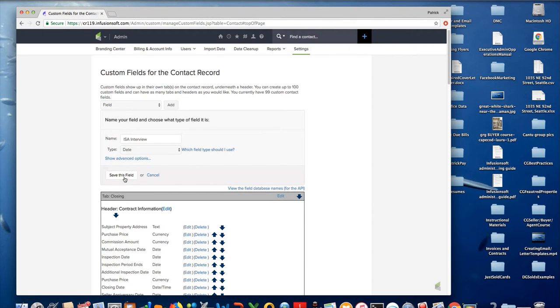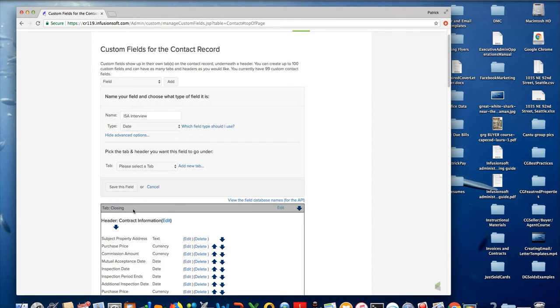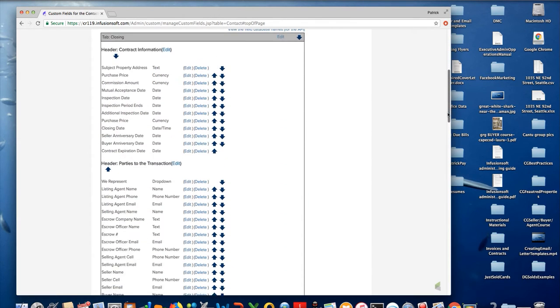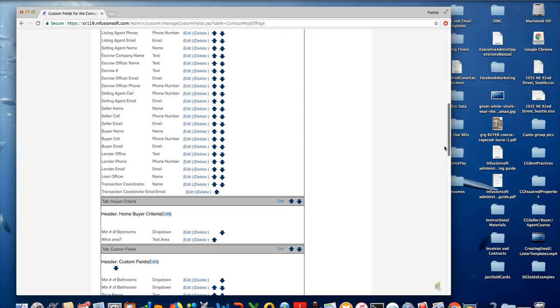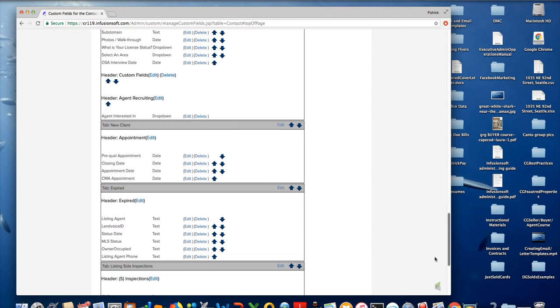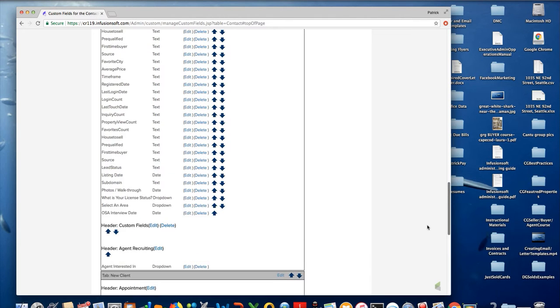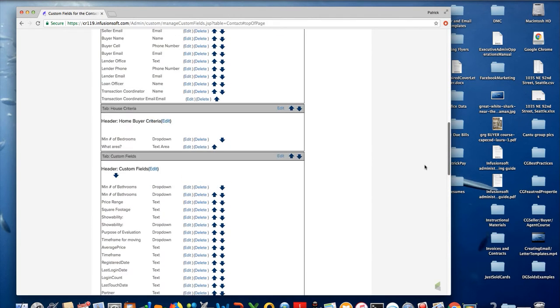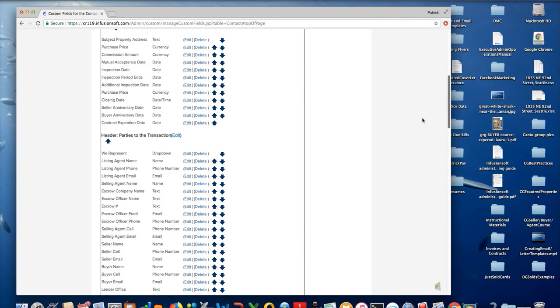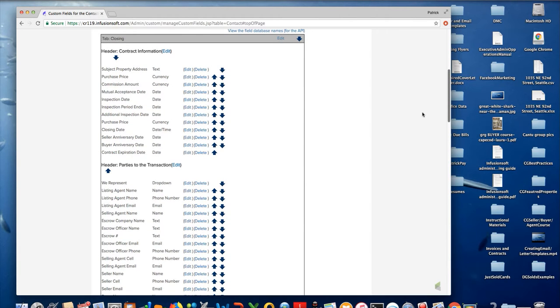Okay, now I'm going to go save this field. Or actually, I'm going to go show advanced options so I can organize this into the correct tab. So you notice we have a closing tab, we have a house criteria tab, we have custom fields tab, new client tag, expired, inspections. So based on what I'm seeing here, I've got my buyer anniversary date, I've got my closing date, inspection date under this closing tab,